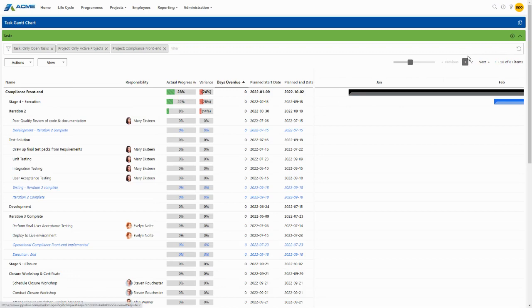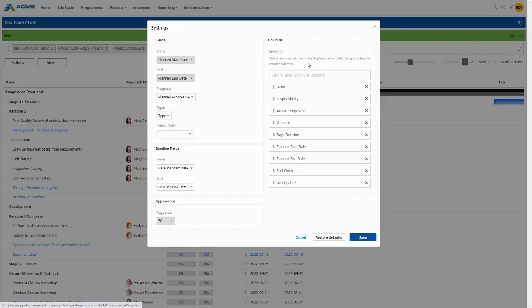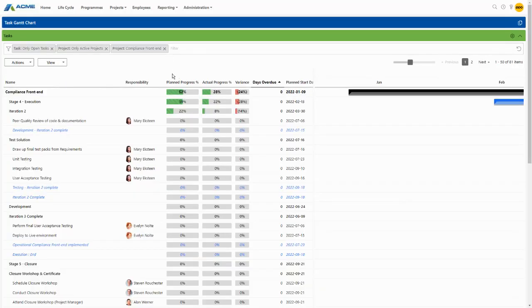The last setting I would like to show you under the settings is the ability to add and remove some of the columns on the list that's appearing next to the Gantt view. So as an example, I would like to have a view of the planned progress, and I would like to show this next to the actual progress. So I'm going to click on that field, and I'm going to also change the order to appear before the actual progress. When I click on save, this will now add the planned progress field for me on the columns